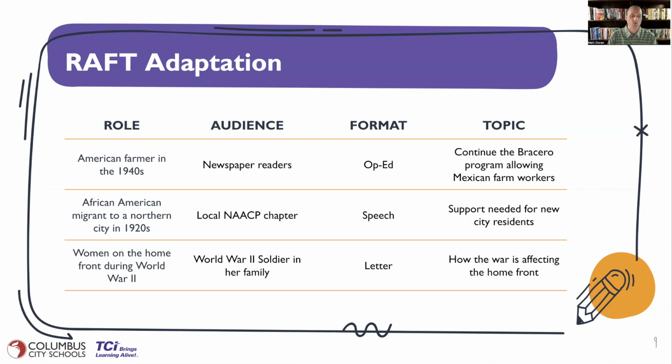Maybe your role is women on the home front during World War II, and you're writing to a World War II soldier and her family, and you're writing in the format of a letter, and the topic is how the war is affecting the home front. So these are just a few examples of RAFTs. Again, as you've taught writing before, you probably have incorporated many of these formats, and you may have even incorporated many of these roles and topics as well. This is just one way to put it together, and I think one way that it can work with Writing